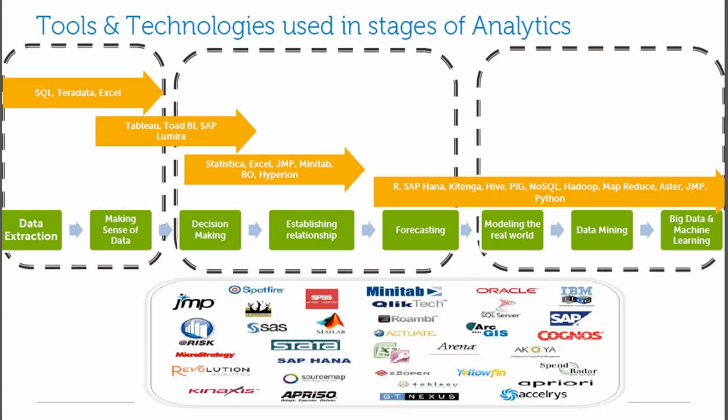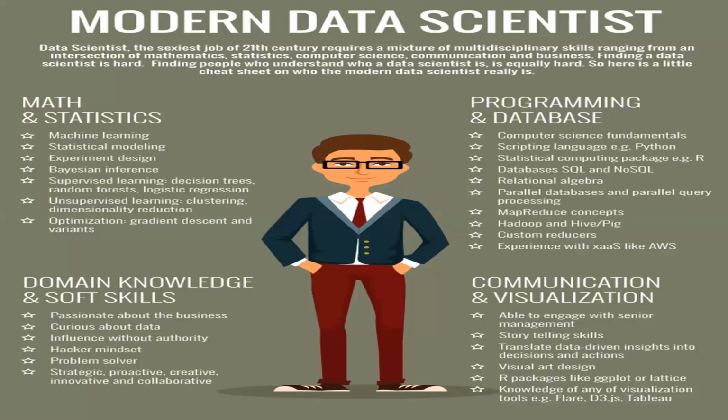So if you look at this entire analytics, we need different combinations of skill sets. If you want to become a data analyst and get a job, you have to develop multiple skills. But if you are getting a marketing or operations job, you can learn some of the tools which we are going to learn, like Excel, and some Python. If you want a pure analytics job, these are the skills you have to develop. One is mathematics and statistics skill.